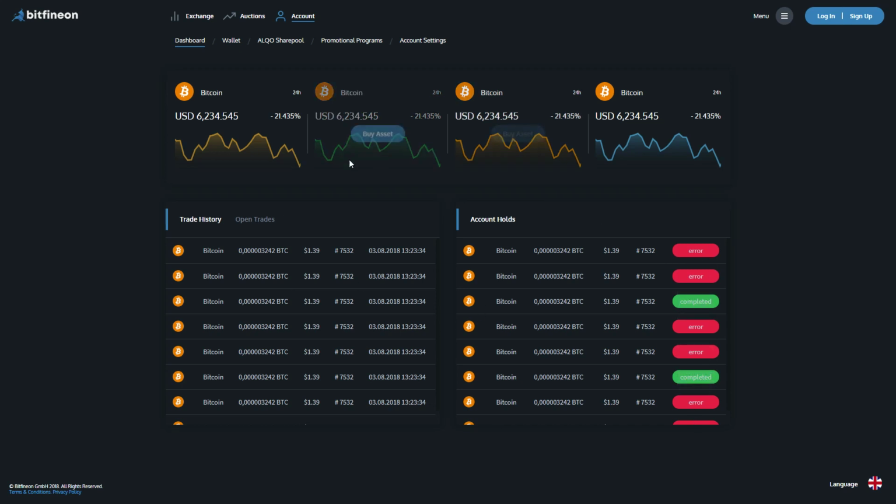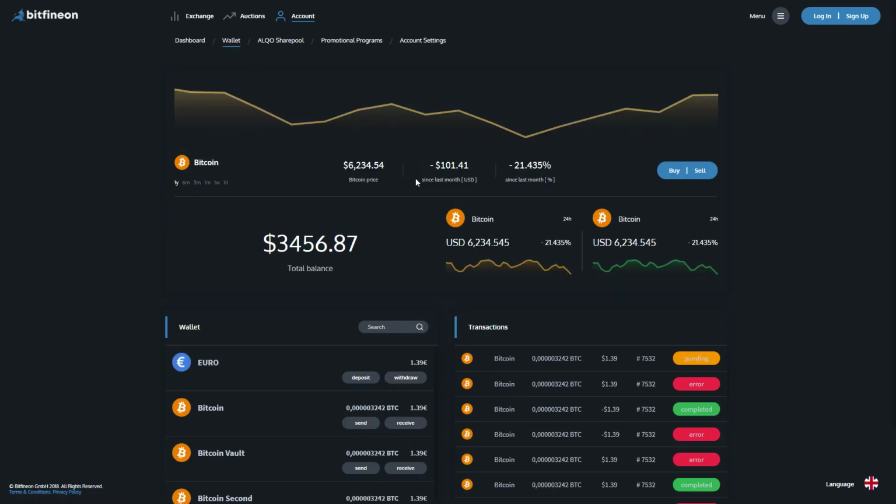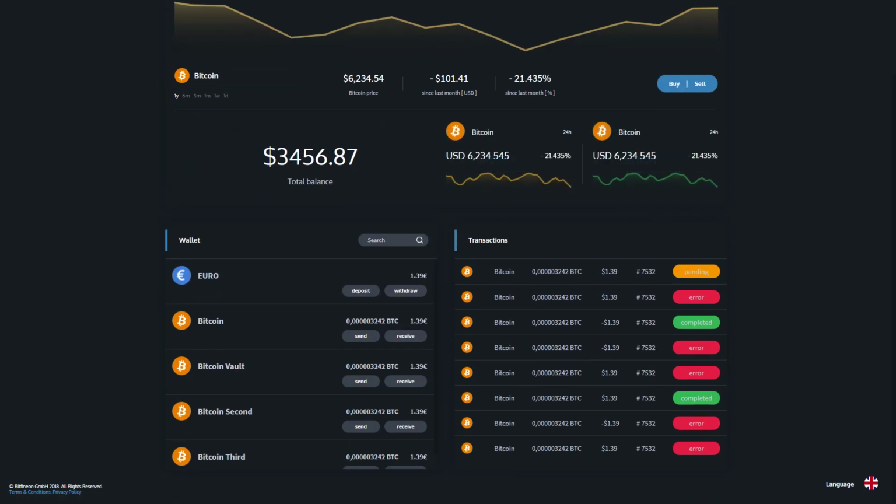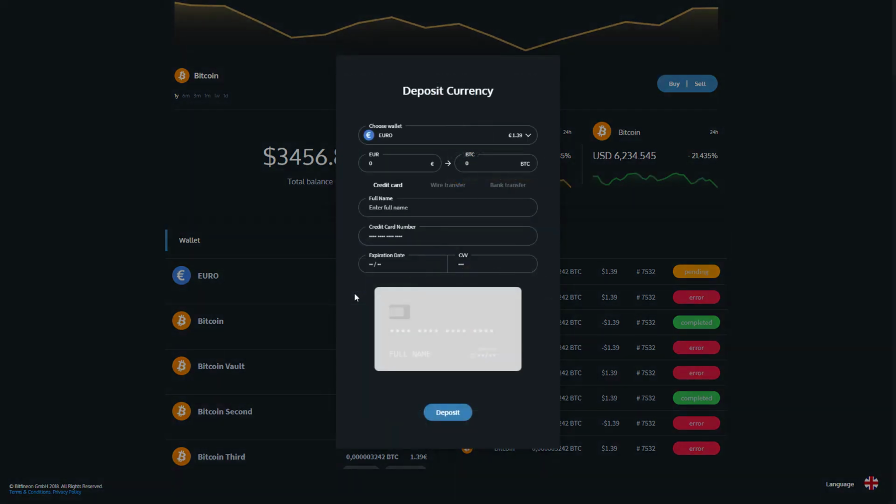Yeah, I think all this was there. Wallet, all this stuff is still. Oh, one thing that we have done is the deposit and withdraw, send and receive wallet interface are now all done. This is actually really cool. So let's